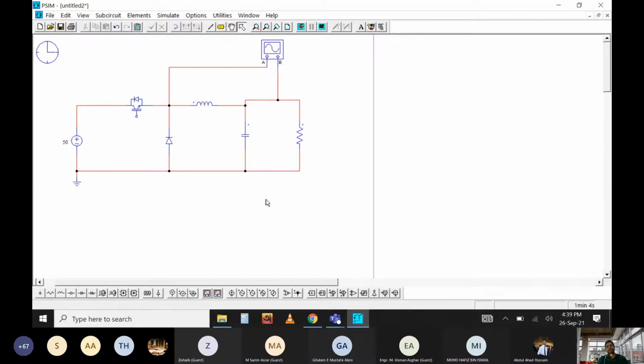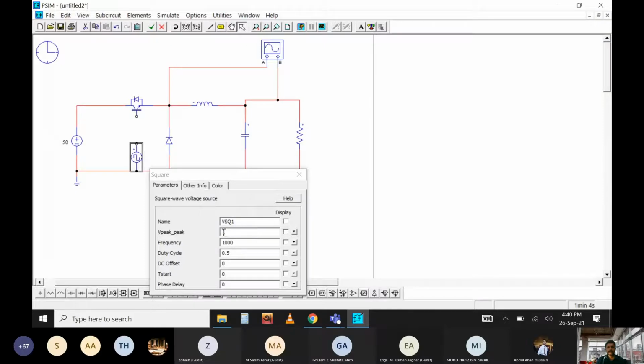So basic things have been done. Now what we are missing here is that this IGBT has to be turned on and turned off. It needs to be driven by a specific duty cycle. So how to do that? You can see from here, this is a square wave voltage source. This kind of voltage source will generate a pulsating square wave, and that will be driving this IGBT to continuously turn on and turn off. That means it will be a PWM signal.